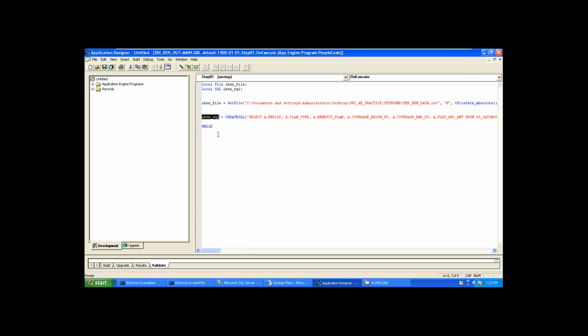Dot fetch, right? Okay, got it. Where is the data? Here in the variable.